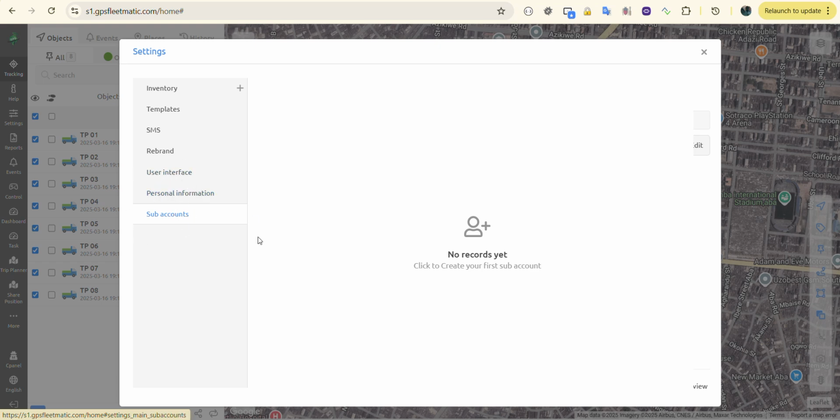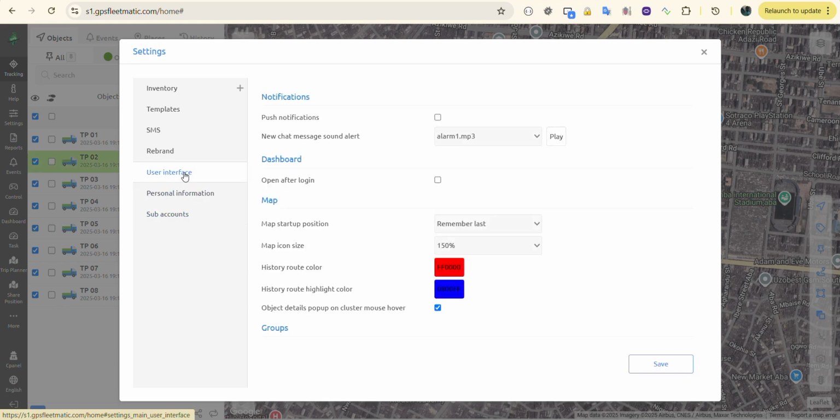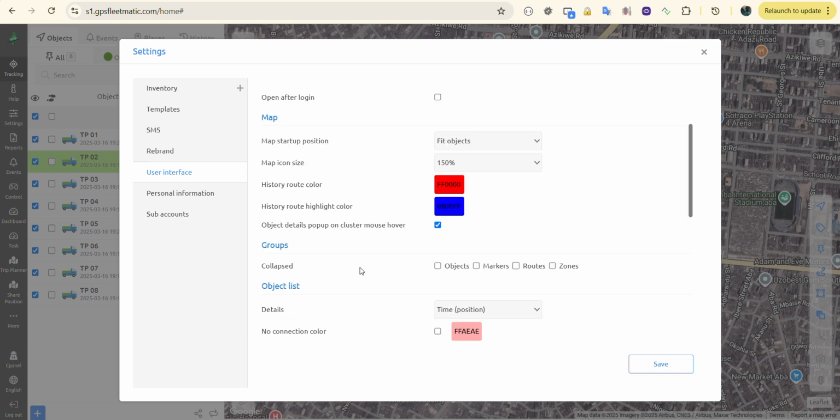So for this video session, I'm going to talk about two things. First, let us set up the interface the way I like it. On the user interface, I love to enable my push notification, and I want my map, immediately I log into my account, to fit all my objects, and I want to increase it. It's already on 150, and I want